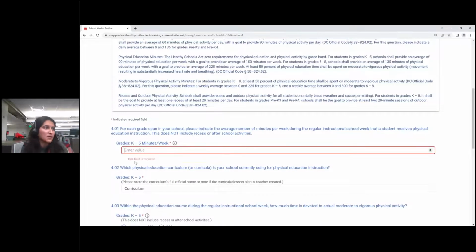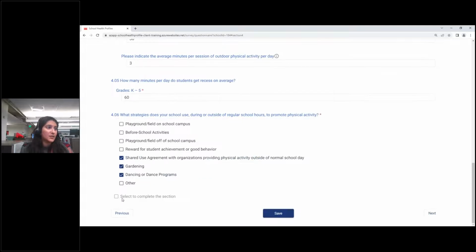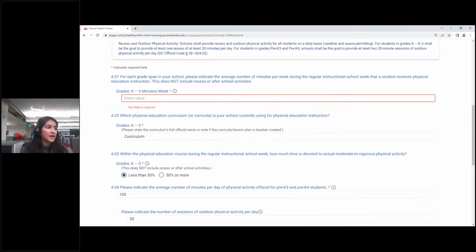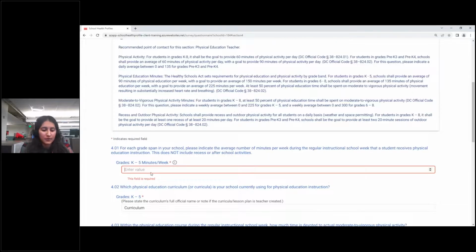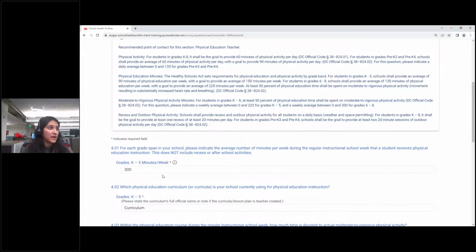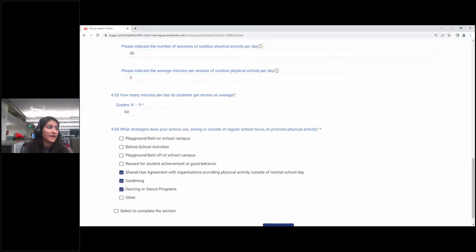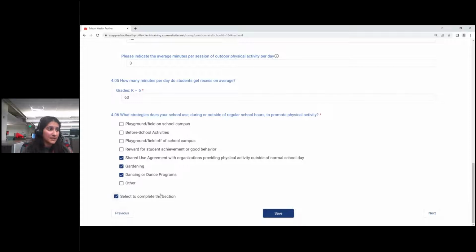When I don't have a response here, it'll say this field is required, and this box will be grayed out. I cannot complete the section and I cannot achieve 100%. Once I enter a value, then that error message goes away, and this is now available for me to select. I hit save,